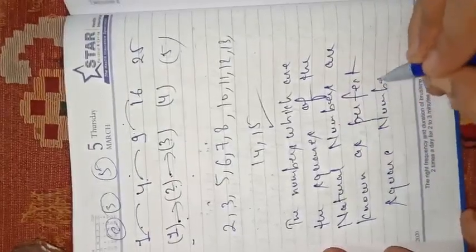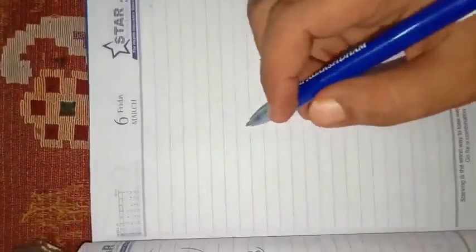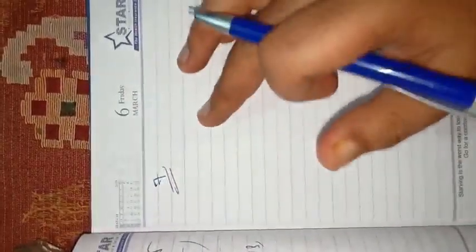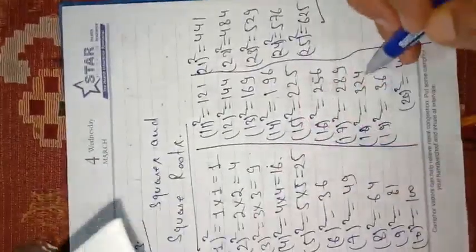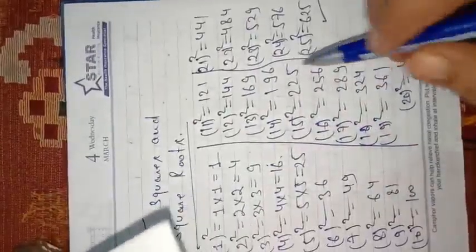So we can say 1 is a perfect square number, 9 is also a perfect square number, but 7 is not a perfect square number, because this is not the square of any number. No natural number will give 7 when it is multiplied by itself. So 7 is not a perfect square number. We can say 9 is a perfect square number, 16 is a perfect square number, 25 is a perfect square number, and all these numbers which are the square of a natural number are perfect square numbers.